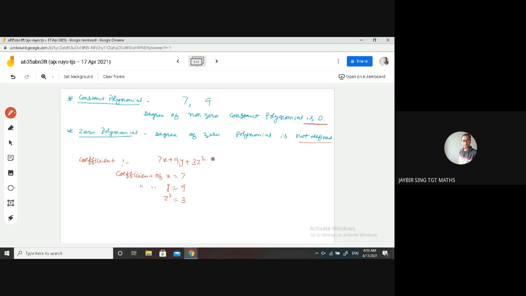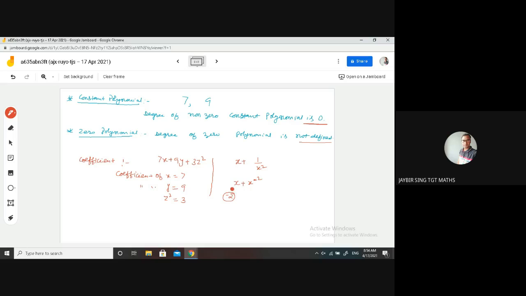One more thing is remaining. You can see this expression x plus 1 upon x square. The question arises whether this is a polynomial or not. See, first of all, let's simplify this. x plus, this can be written as x to the power minus 2. Will this be a polynomial? No, it will not be a polynomial, because here the power of the variable is minus 2. So it will not be a polynomial.